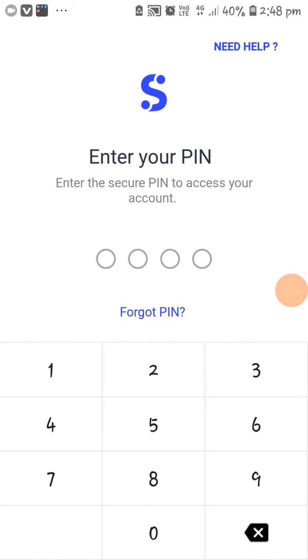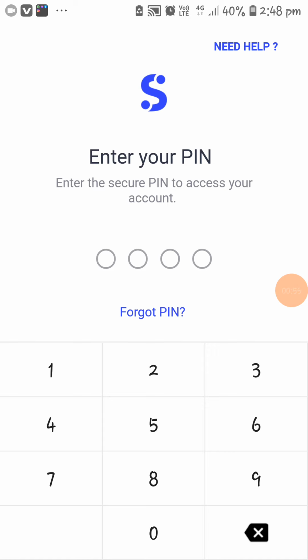If you want to invest money, invest in these currencies without putting it in a savings account. It's a very safe application, friends. I have invested in this application already, and again I am going to add money. For example, I am going to show you how to add money and invest a very little amount, just for example.